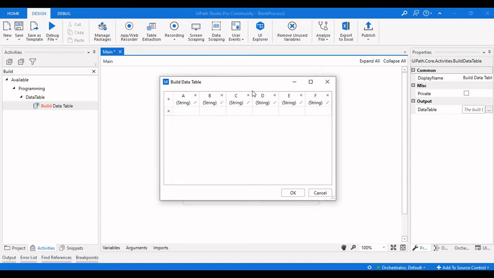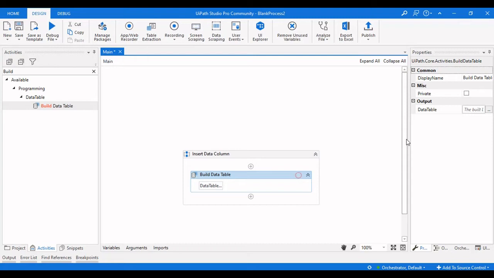Now I'm going to insert a column in between the C and D. So first let me do the values for this: A1, B1, C1, D1, E1 and F1.